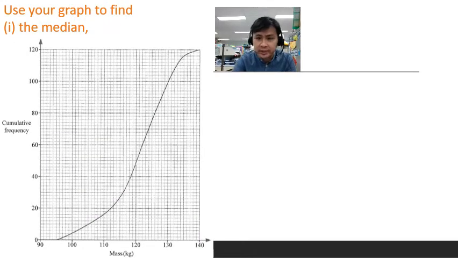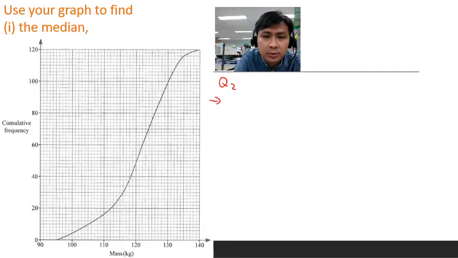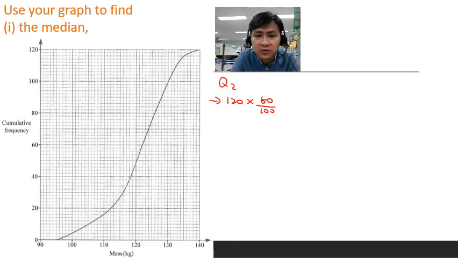Let's find the median first. As we discussed earlier, there's a total of 120 sheep in this question, so we need to find the 50th percentile. To calculate it, we take 120 sheep multiplied by 50 over 100. This will give us the 50th percentile. But what is important here is whenever we are calculating the median, upper quartile, lower quartile, the 80th percentile, the 90th percentile, whatever it is,